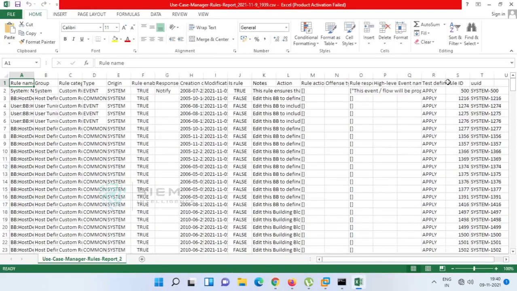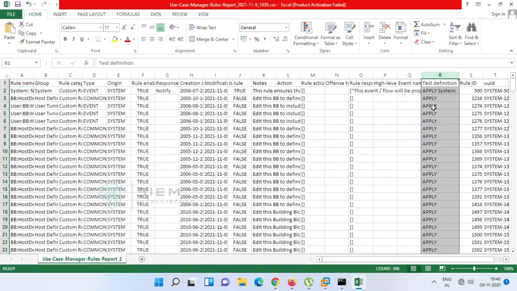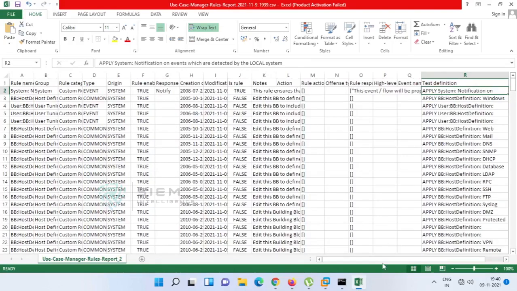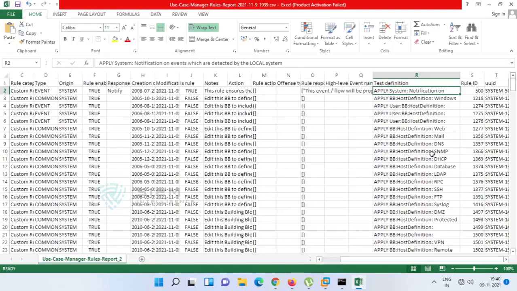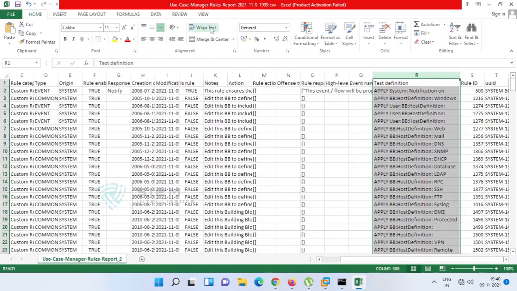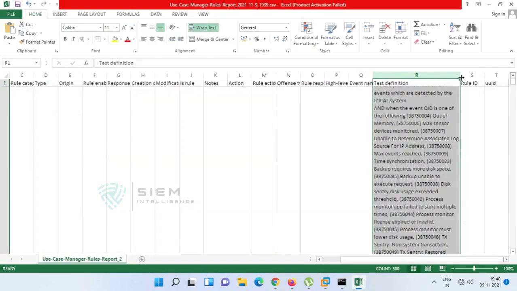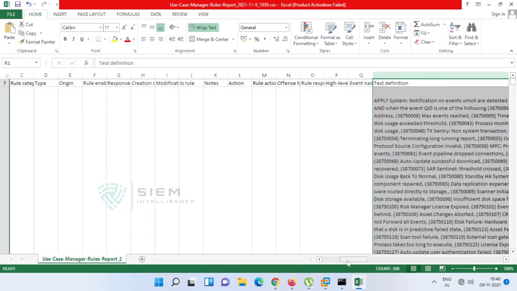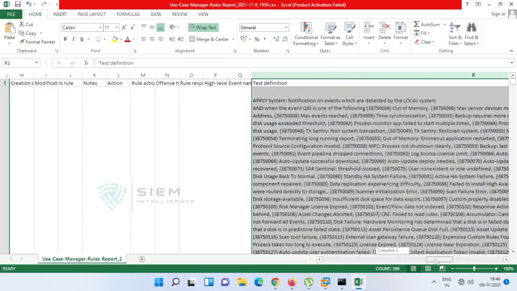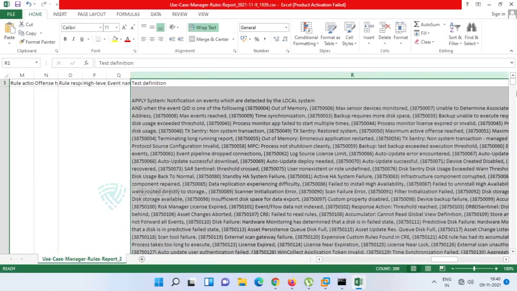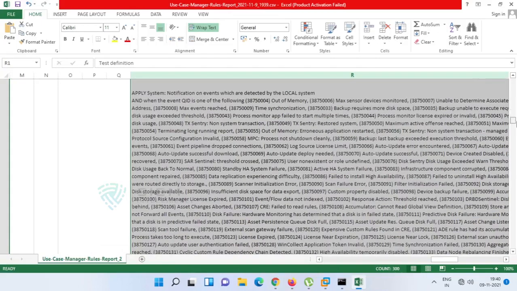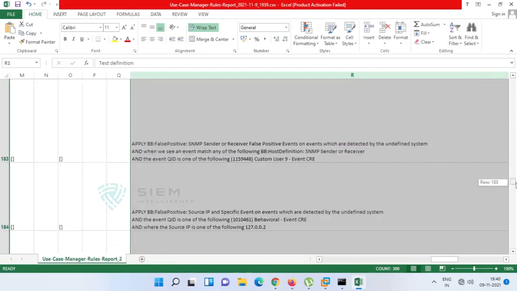If you check here, test condition, test definition, see, apply system. Sometimes it is very big in size. See, some rules are this much big in size. Like that, you will get all the rules.